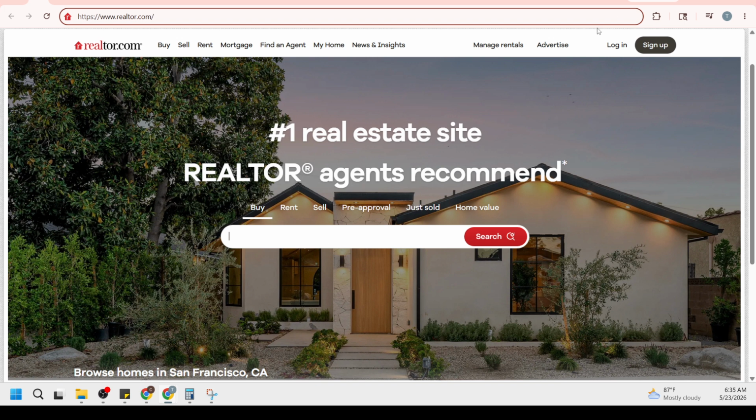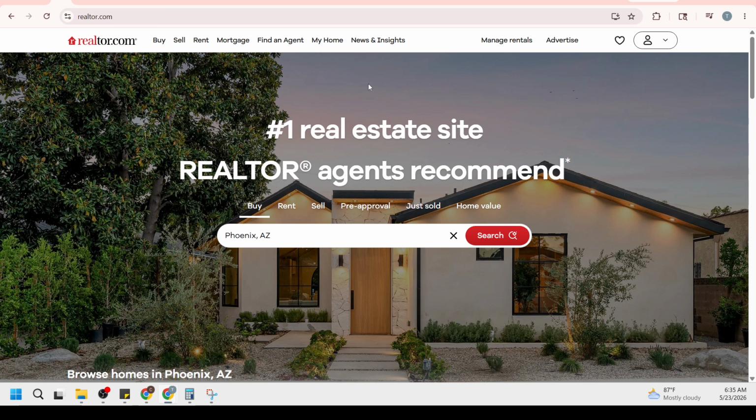Next, log in if you're prompted. Signing in is important because the hidden list is tied to your account. Enter your credentials and continue. If you're already signed in, you'll see your profile avatar at the top of the page.